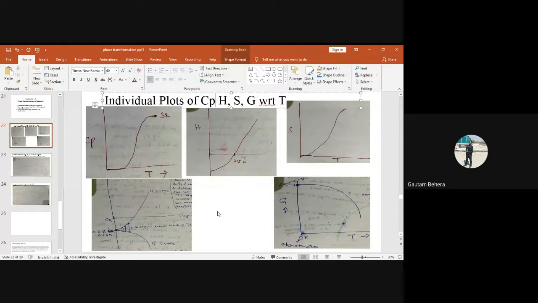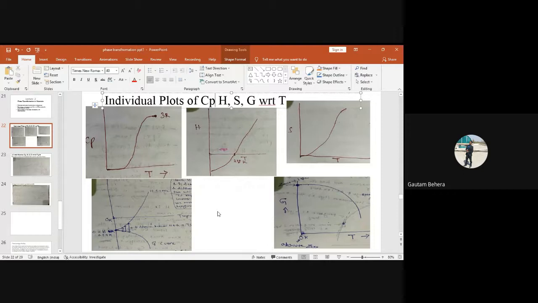right? For example, if somebody asks what is the Cp value for a liquid phase, for a solid phase, for a gaseous phase, then you have to remember the Cp value will be maximum for gas phase, then liquid, then solid. That means solid will have a lower Cp value, but gas phase will have the maximum Cp value. And intermediate Cp value will be for the liquid phase, right? This is the thing. And Cp value actually depends upon the vibrations, you have to remember, right? Vibration of the atoms present in the material, or vibration of the molecules.